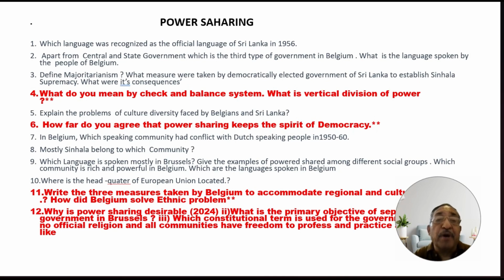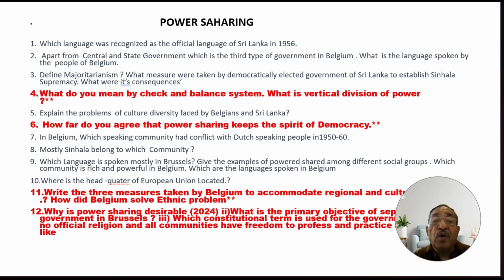Second question: apart from the central and state government, which is the third type of government in Belgium? What is the language spoken by the people of Belgium? Third question is: define